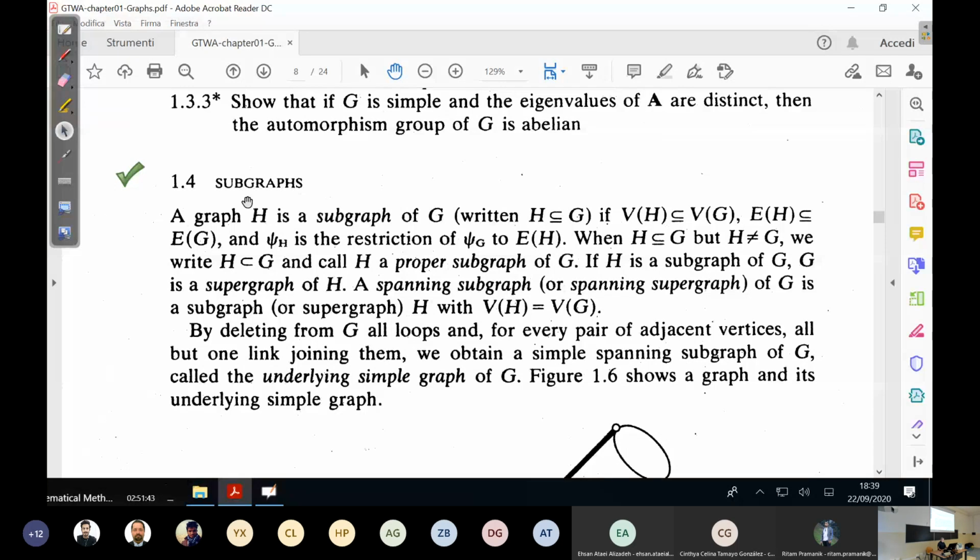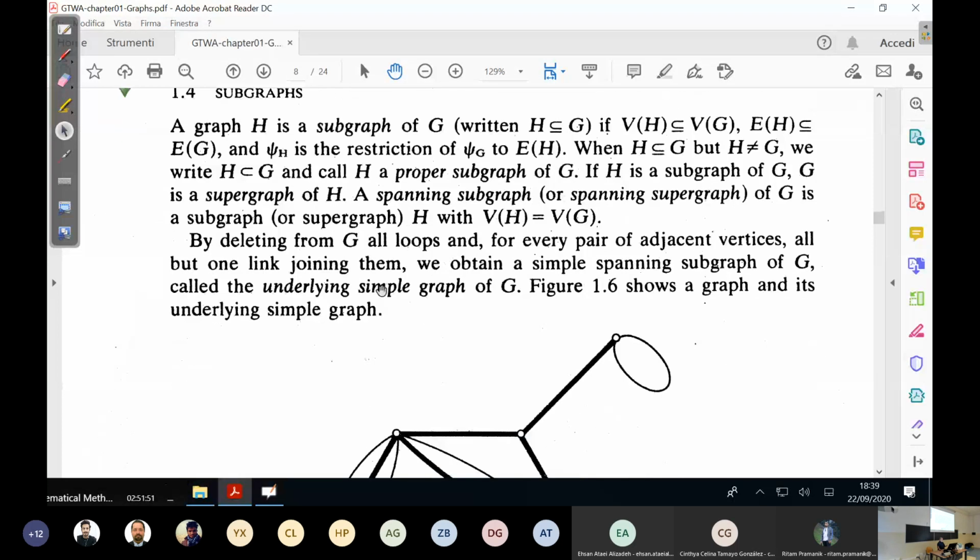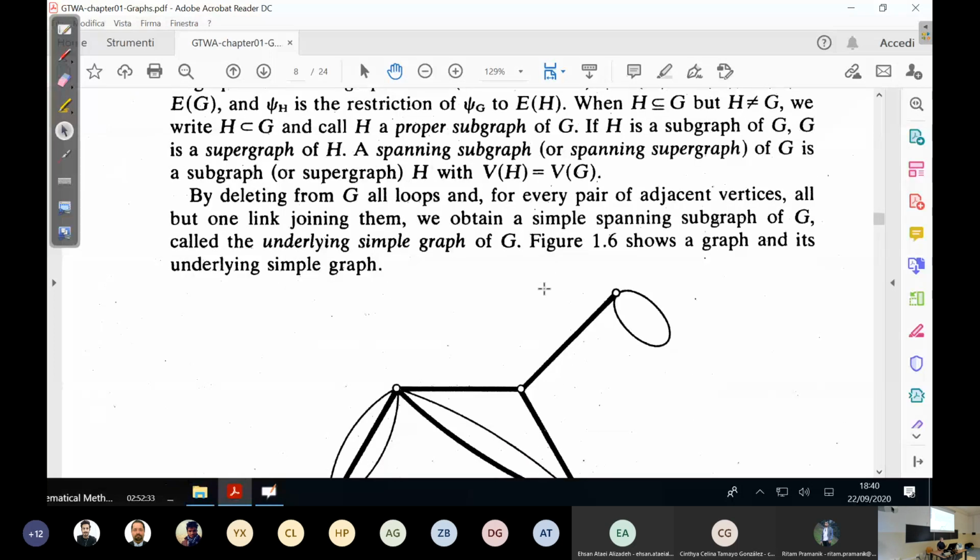And if we take a graph G, which has maybe loops and maybe multiple edges, and from G you delete all loops, and from every pair of adjacent vertices, you delete all but one link. Sorry, I missed this. It was written before, but I didn't read it. A link is an edge which is not a loop. So edges may be loops if their ends are the same vertex, links if the ends are different vertices. So if we delete all multiple edges but one surviving link joining them, we obtain a simple spanning subgraph of G, which we call the underlying simple graph of